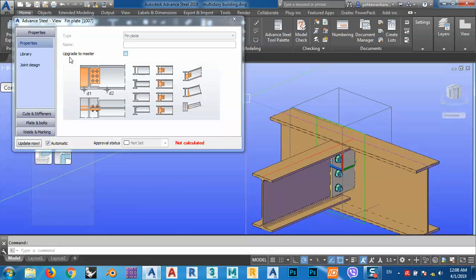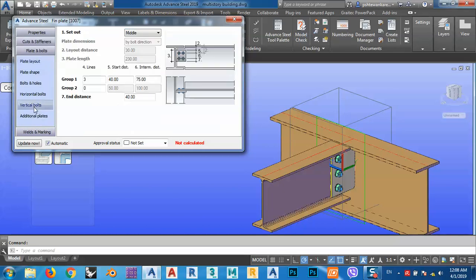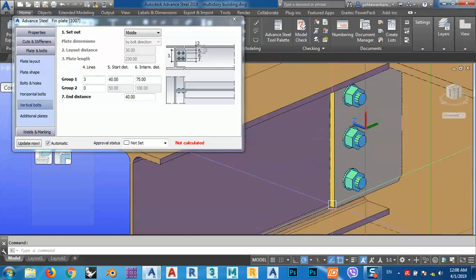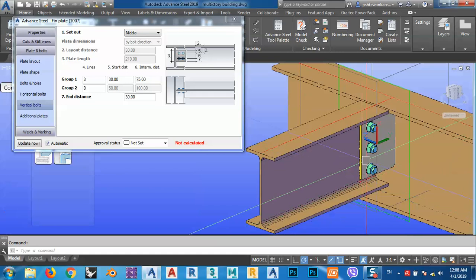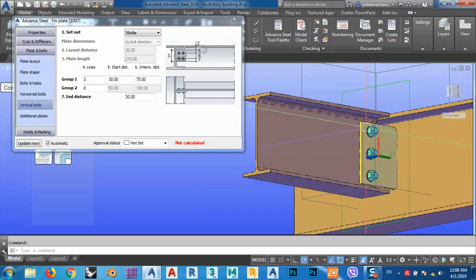And after that I can change what I want. Okay, from here I want maybe 30 millimeters from each side,